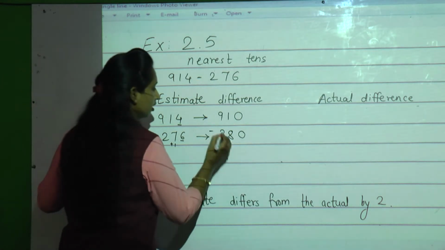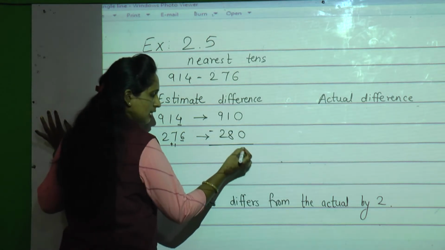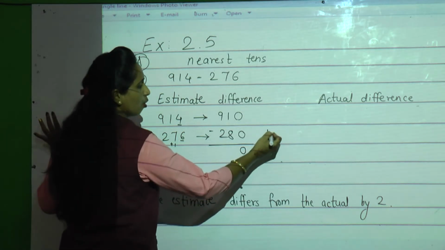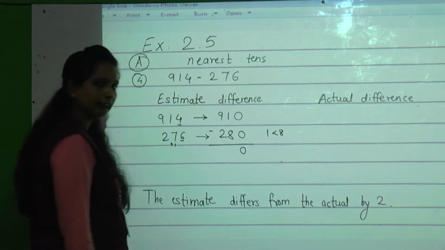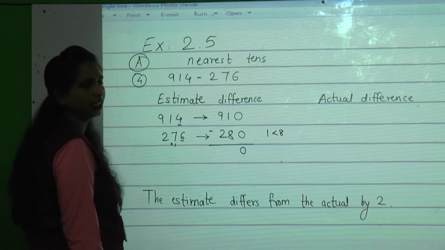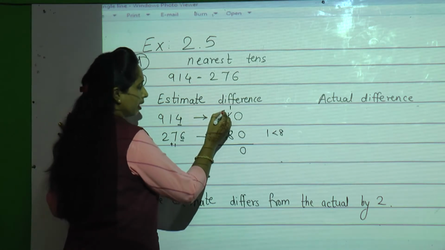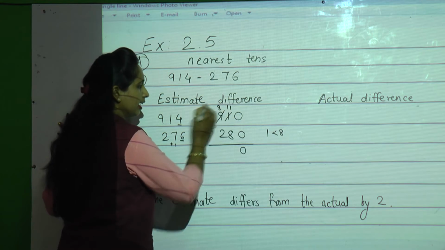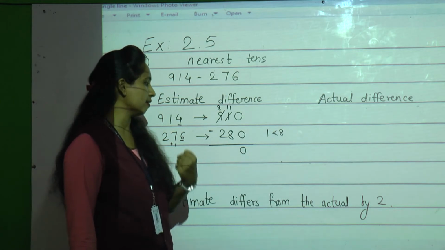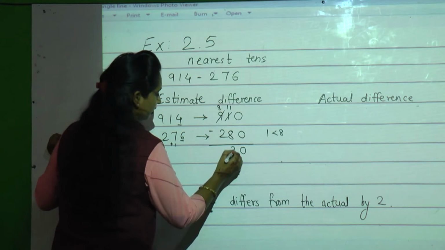Now we will find out the difference between both the numbers. So 0 minus 0 is 0. 1 minus 8 we cannot do because 1 is smaller than 8. So 8 is greater number, so we cannot subtract. So cut the 1, write as it is. Take borrow from neighbor. Neighbor is having 9, he will give 1, 8 will remain. So 11 minus 8, count after 8 till 11 comes. 8 after 9, 10, 11. How many? 3. So write here 3.